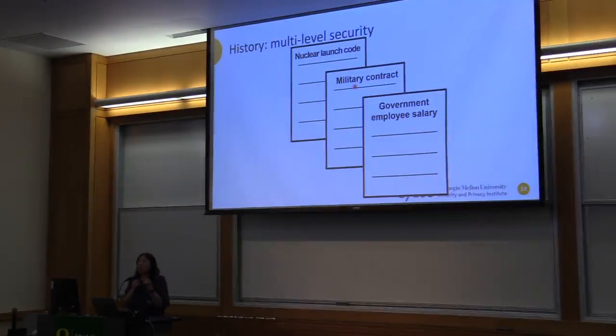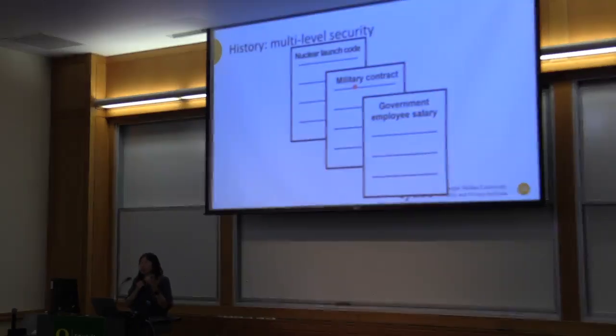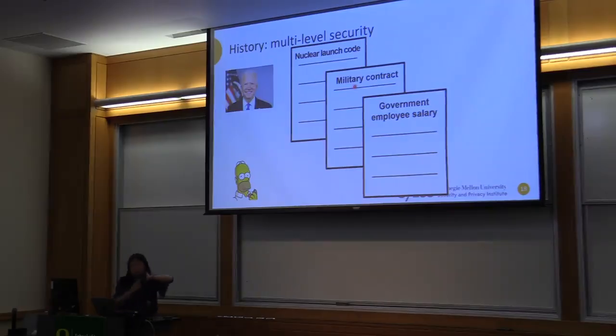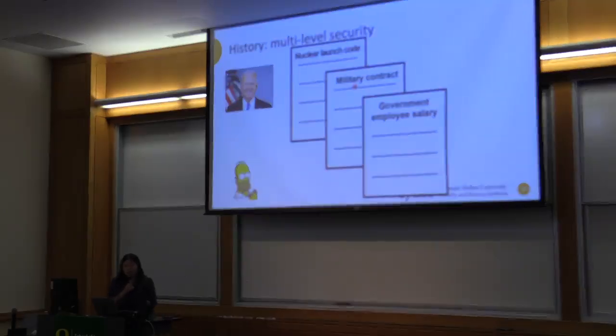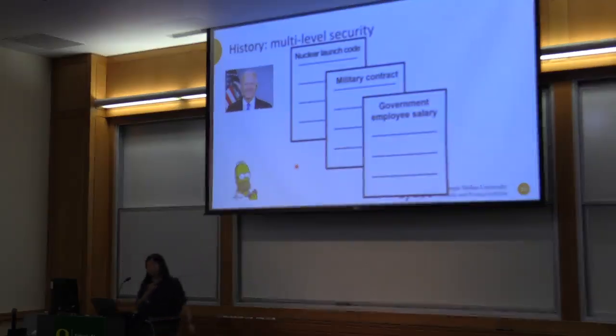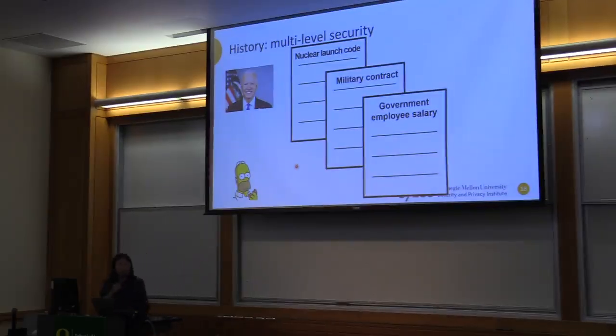Now how do I make sure the right people get access to the right set of files? In the concept of access control, I want to make sure unauthorized users cannot access these kinds of secret documents. So I'm going to have two people, whom I've not been able to access for obvious reasons. Let's say we have the President and we have Homer Simpson, right? In your mind, probably the President should have access to all these files. Homer Simpson probably should only have access to the government salary. So how do I manage the system?